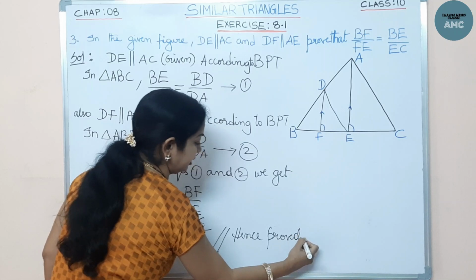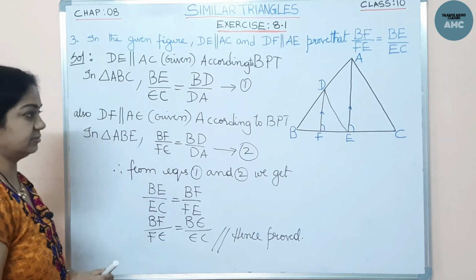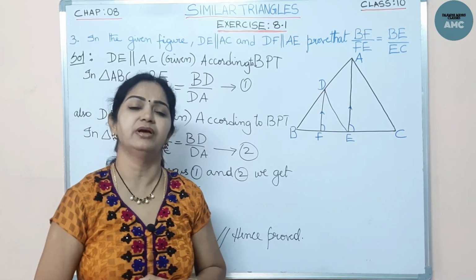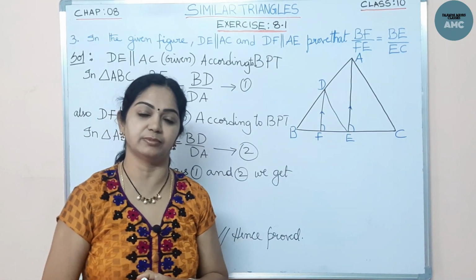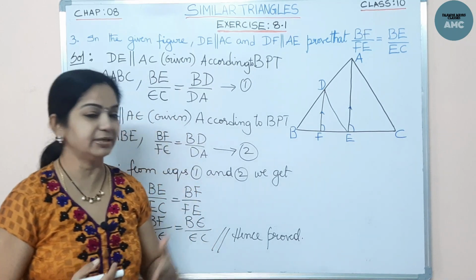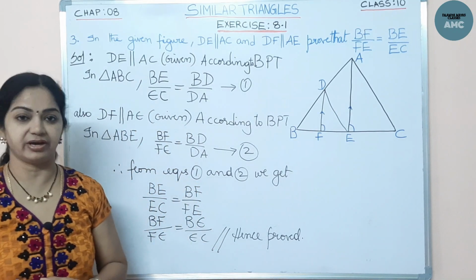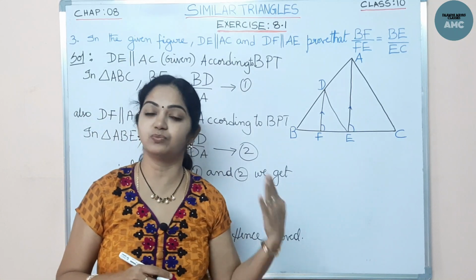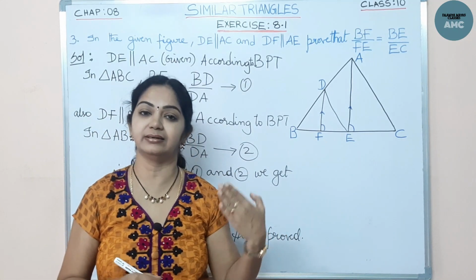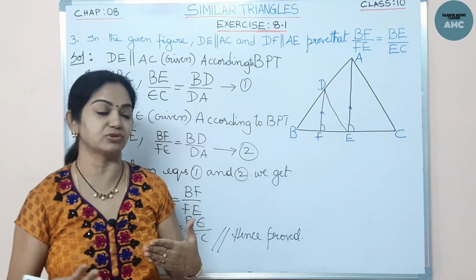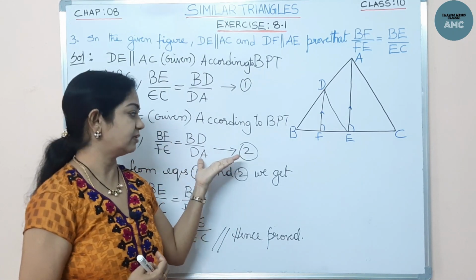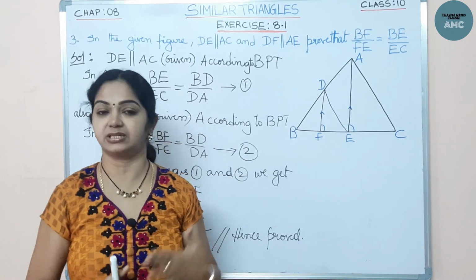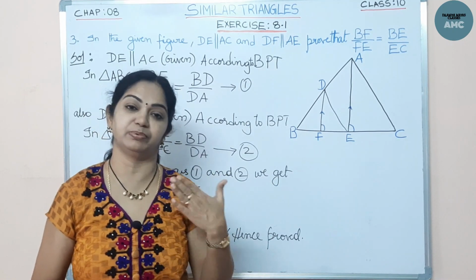So using the basic proportionality theorem and also the converse of the basic proportionality theorem, we can solve all the problems in the exercise. That is an application for similar triangles. These theorems are very, very important. So please do watch those theorems and learn them so that we can make use of them. A few problems in your exercise I have done for you. Please practice the problems, learn the concept and the theorems perfectly.